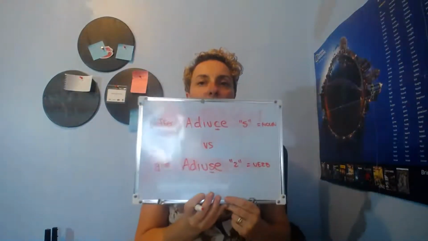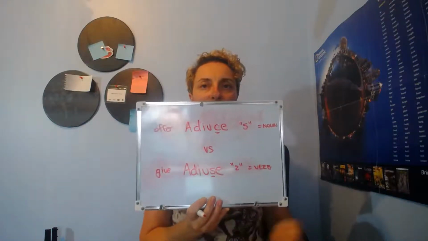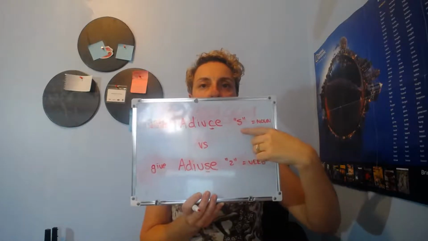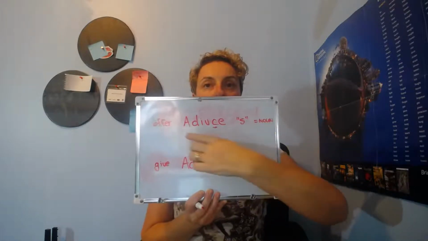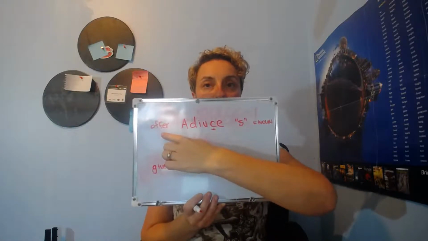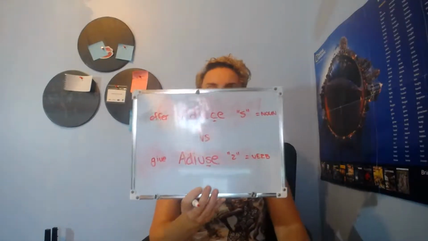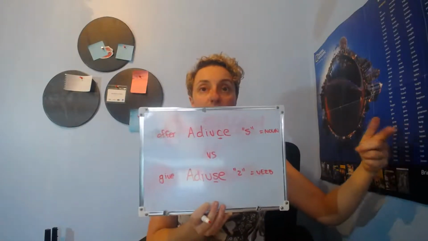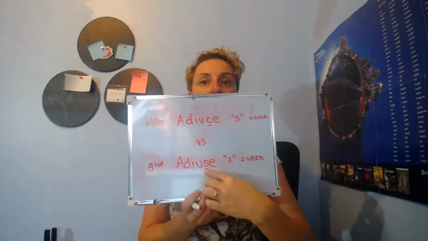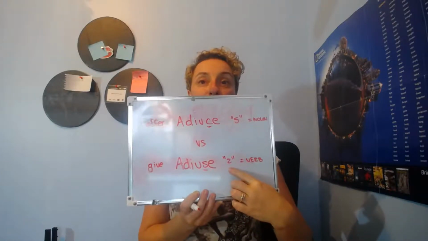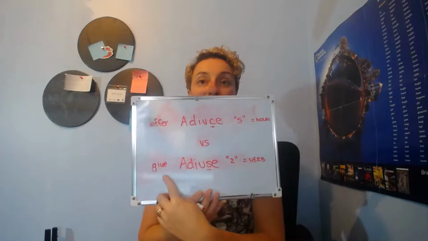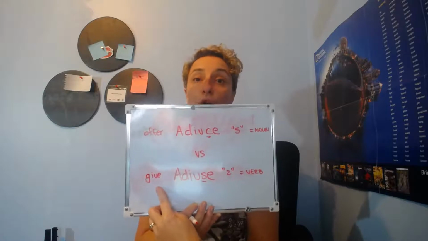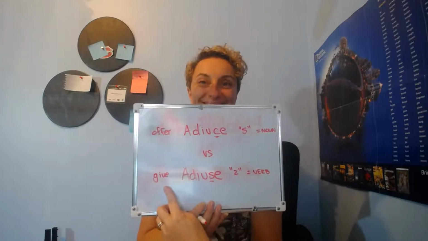All right. Let me see. Everyone can see that. Yes. This one is a noun, and it's pronounced advice. We use it to offer advice. Right? I gave my friend some advice. This one is a verb. It's pronounced advise, and it's used to give advice. I advised my friend to go back home. Okay.